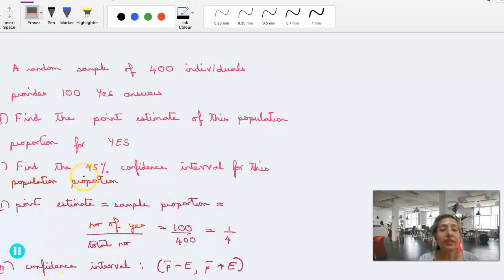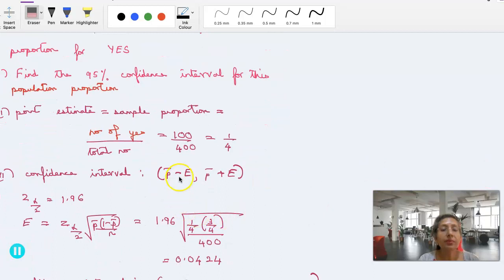And the second part is, find the 95% confidence interval for this population proportion. That is given by p bar minus e to p bar plus e. Now again 95%, so z alpha by 2 is what? 1.96. So everywhere we keep using the same value for z alpha by 2 because we have the confidence level as 95%. So E is z alpha by 2 into square root of p bar into 1 minus p bar by n, that is 1.96 into square root of 1 by 4 into 3 by 4 by 400,